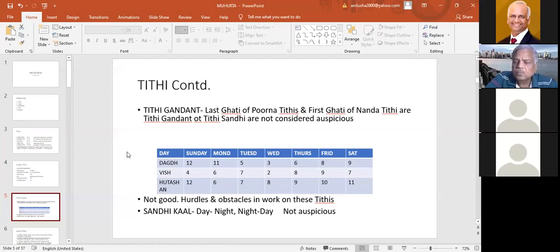But just see the view of a layman. Layman doesn't know anything. He doesn't know the complications of Tithi, how you decide, how you calculate. He goes only by the calendar, only by the Panchang. He saw in the Panchang that Amavasya is written today. So I will celebrate today, he thinks. But Amavasya is written in the Panchang today, so he will celebrate today.